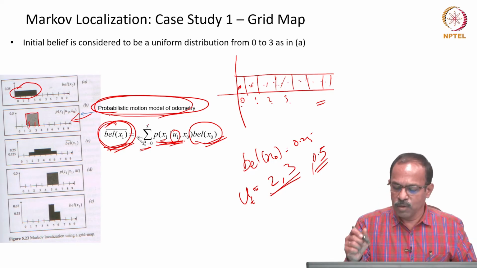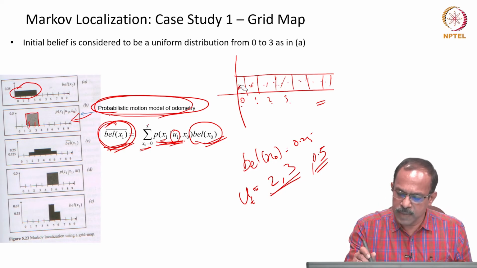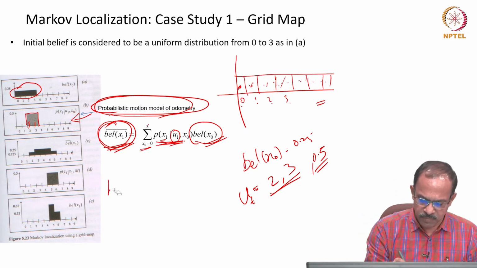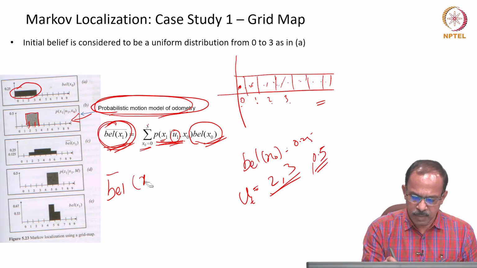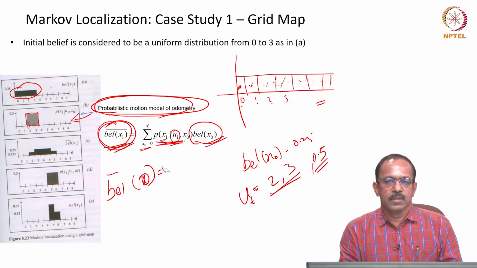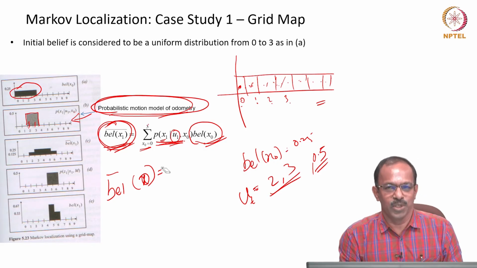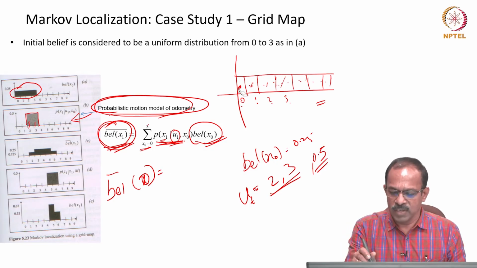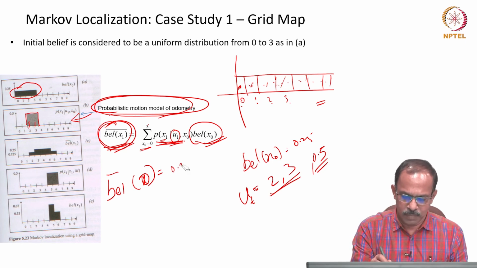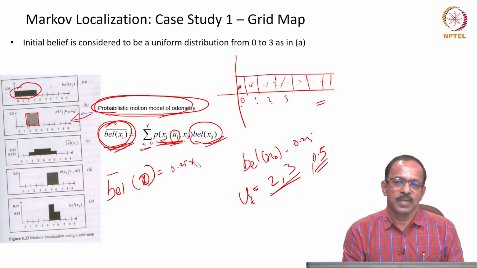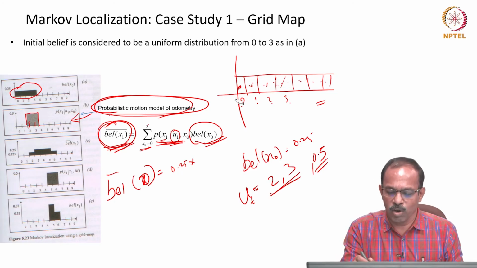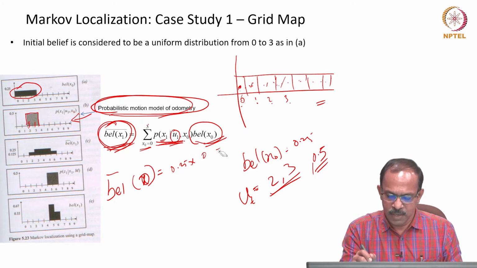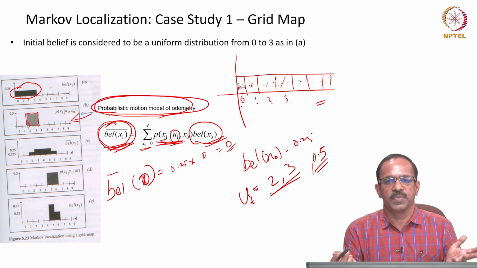Okay. So, what do we do? We look at, okay, now assume what is the probability that the robot is at 0. So, that is the belief. Now, I want to predict the update. So, what is the probability that the robot is at 0? And we know that the robot can't be at 0, because although the probability that the robot was initially at 0 is 0.25, there is no way that the robot could be in 0 because it has already moved 2 or 3. So, the robot cannot be at 0. Therefore, the probability here will be 0. The robot at 0 grid is 0.